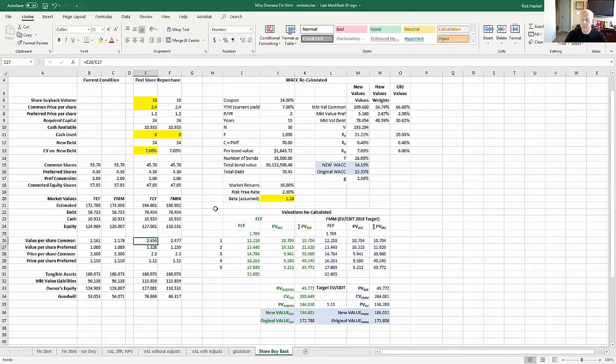Well, I've got the same kind of effect happening here for my preferred shares. So I divide this 2.656 by 2. That's the ratio, of course. And it gives me the preferred share value of 1.328. Here, I can contrast those numbers of 2.656 versus the price in the market of 2.3. And now I see that we really have a value in the value of these shares that's meaningfully greater than the price in the market. And we see a similar disparity for the preferred as we do for the common.